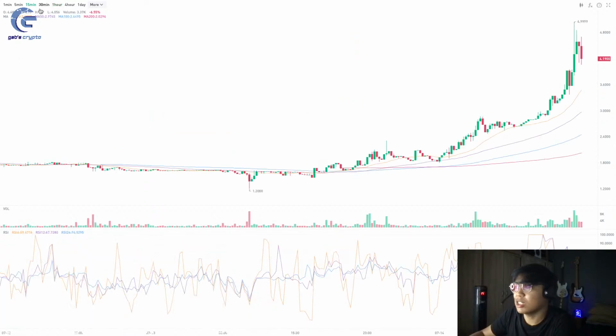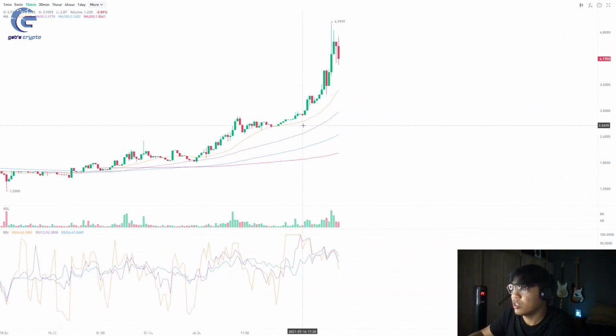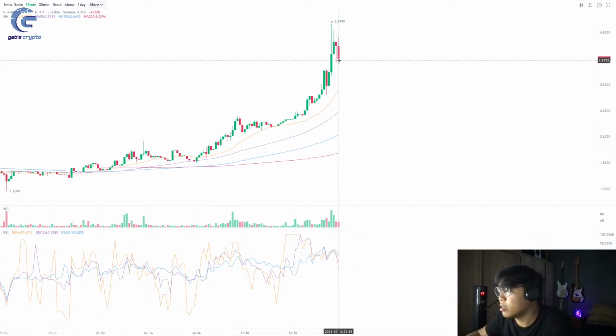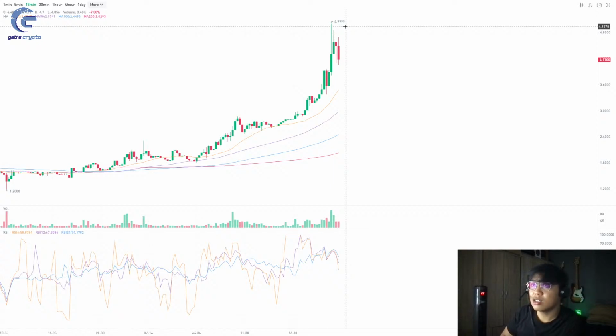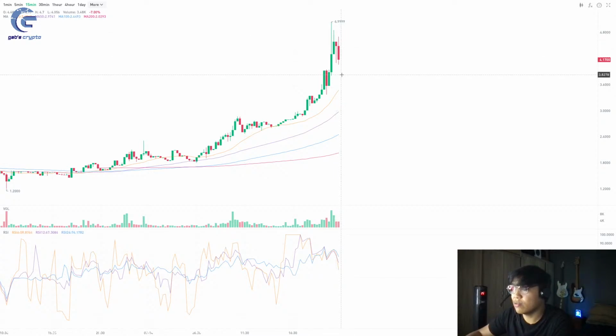So let's try to check 15-minute time frame. So 15-minute time frame, yes, pwede pa mag-dump siya lower up to the 20 moving average dito kay 15-minute time frame. So pwede tayo bumagsak pa dyan lalo. Yeah, so for DPET, overbought siya. And more likely, dun tayo makakuha ng bounce within this 20 moving average. Pero kay 15-minute time frame, nakakita tayo ng bearish divergence. So declining yung RSI while increasing yung price. This would indicate na magda-dump si DPET for the short term. So yeah, expect a dump dito kay DPET.